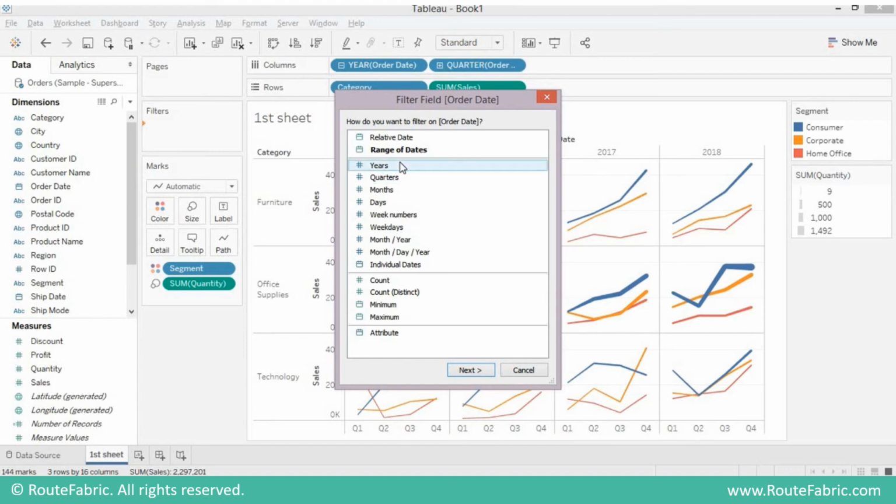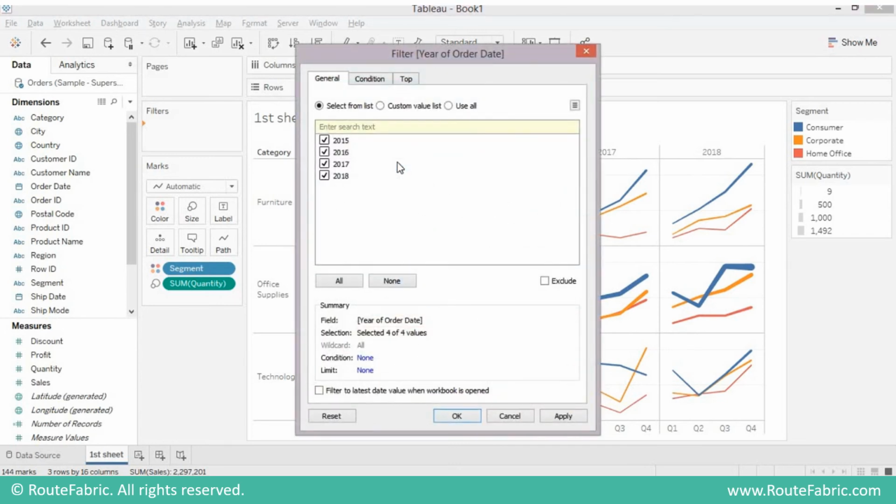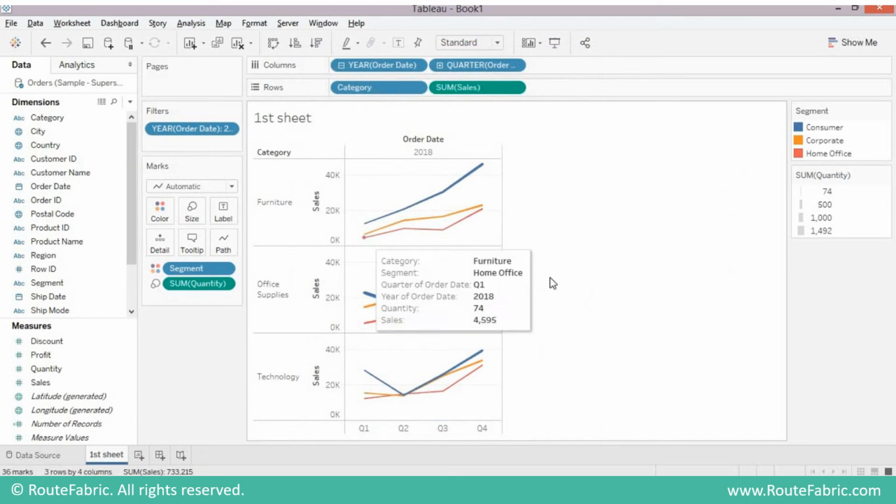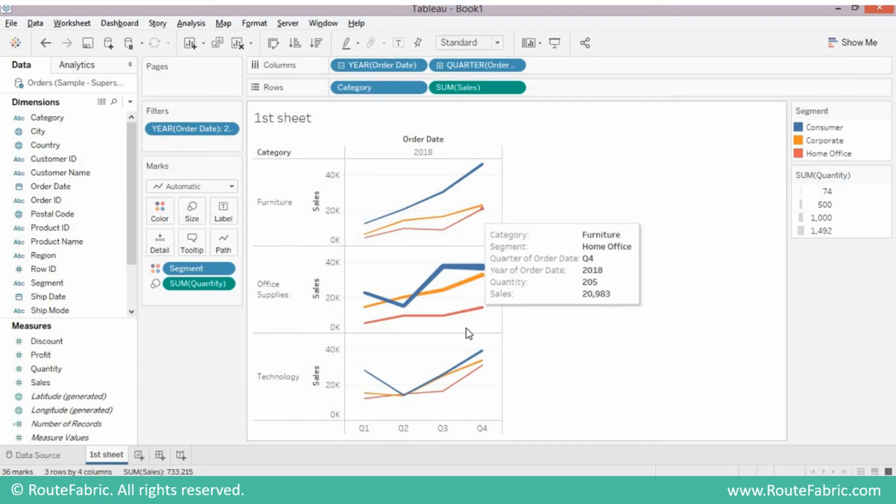We'll select years as hierarchy. Now you can see the list of years. So let's select 2018 only and click OK. And you see you get only 2018. You get category and segment, and based on that sales and quantity only for 2018.